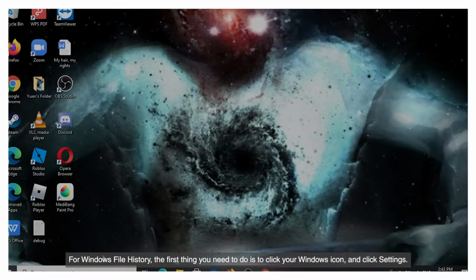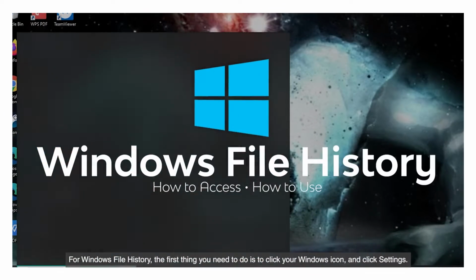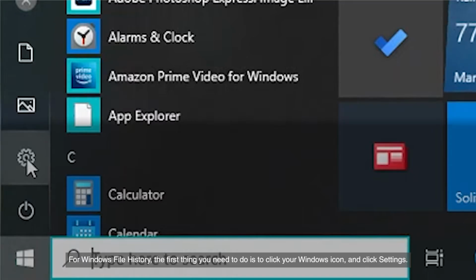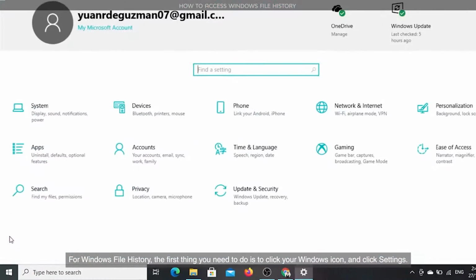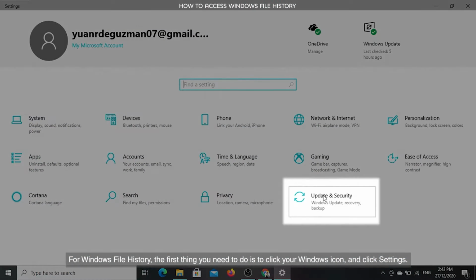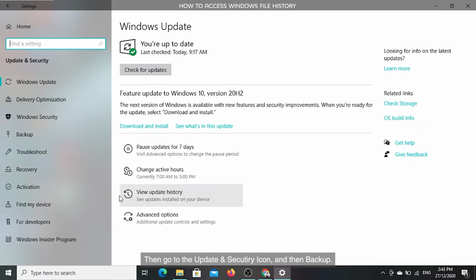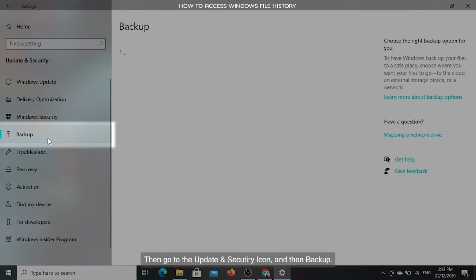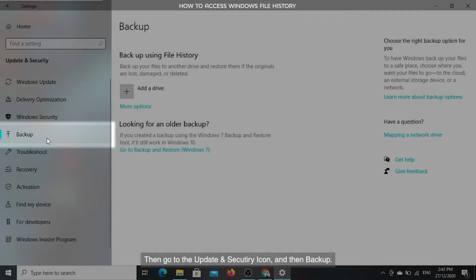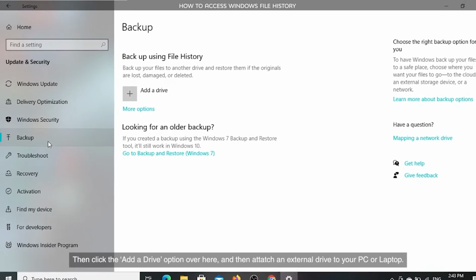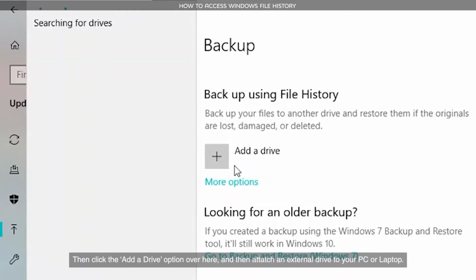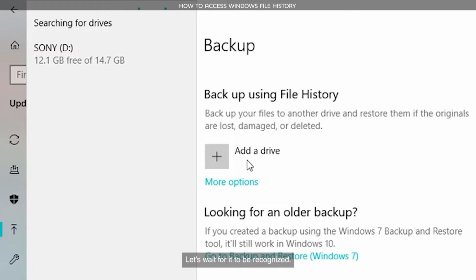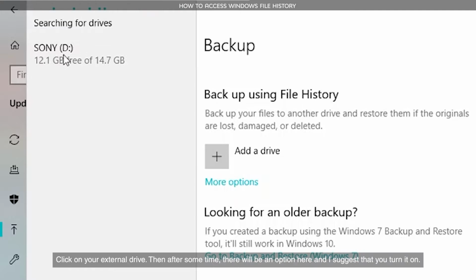For Windows File History, the first thing you need to do is to click your Windows icon and click Settings. Then go to the Update and Security icon, and then Backup. Then click the Add a Drive option over here, and then attach an external drive to your PC or laptop. Let's wait for it to be recognized. Click on your external drive,